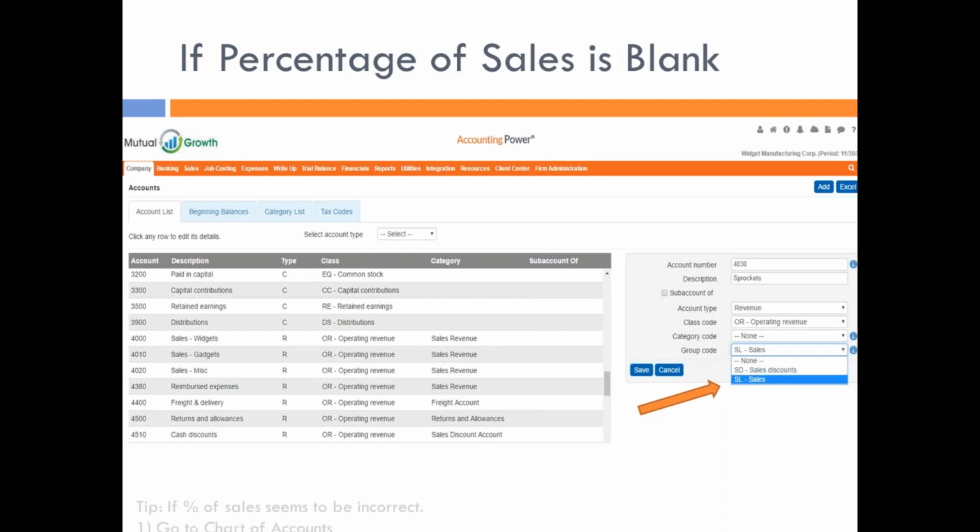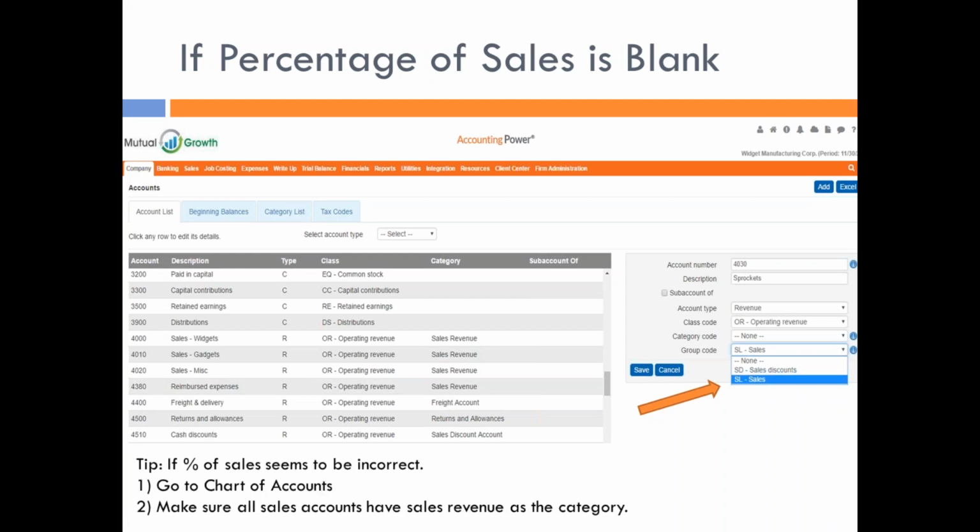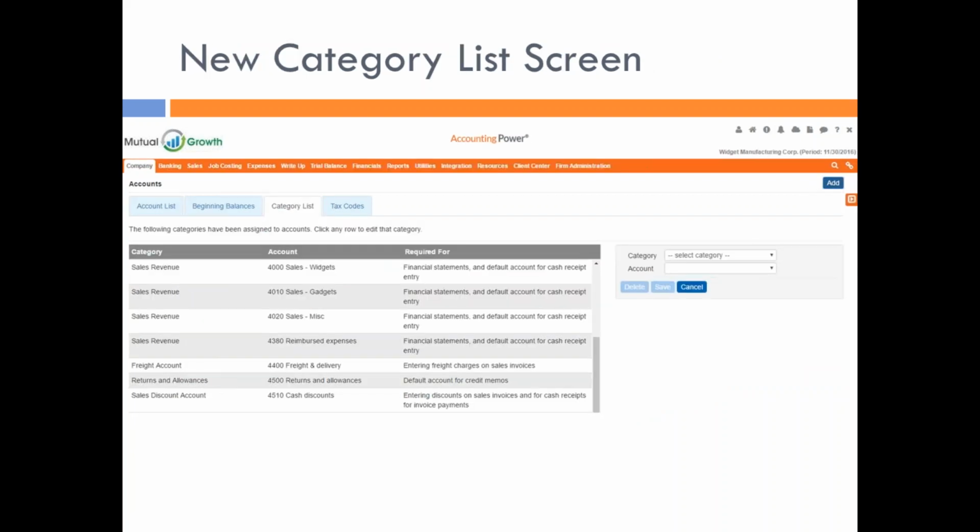A new screen that we've added is the category list screen. This is another screen where you could see if you didn't have all your accounts set up right as far as the category for sales. So if you go to the category list screen, it'll be a listing of all the various categories. Now in this case I'm talking about sales revenue, but